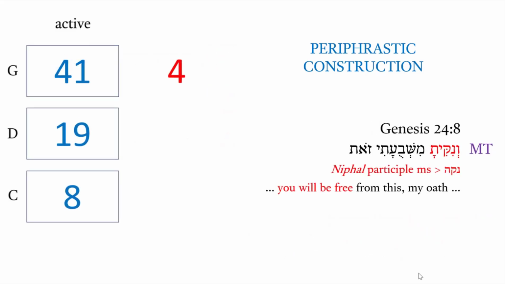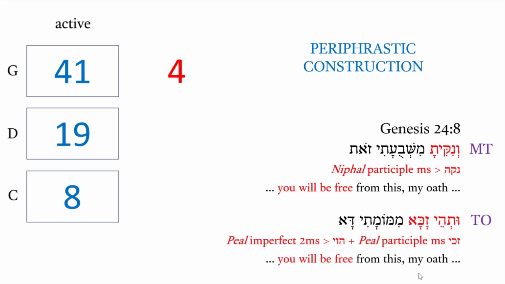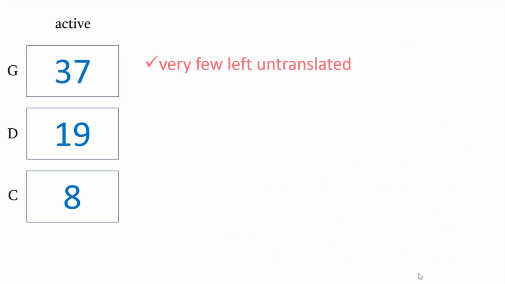And this is the reason why I wanted to talk about that last, in putting the other nonverbal translations behind us. It's because there's actually a periphrastic using a more verbal expression. So here we have in Genesis 24:8, you will be free from this, my oath. You will be free from this, my oath, where the be, again, is hevav yod in Onkelos, with the free idea being a verbal adjective, being a participle, instead of a straight-up adjective. So there are just a few of those. There's 4 of those, so we will now subtract them.